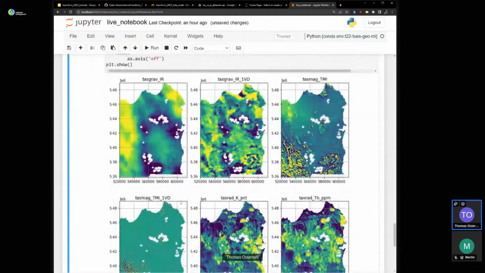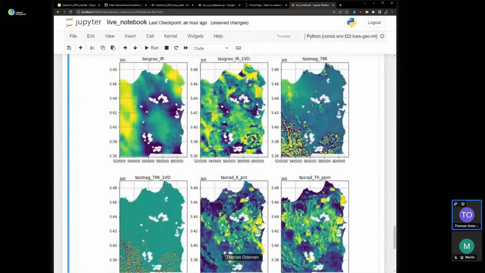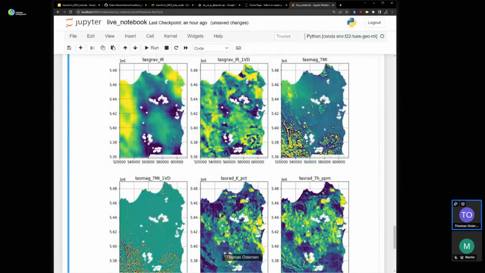Okay, so that's where our occurrences are on this raster data. You'll note that they seem to occur in the low density regions of the map, based on this static residual. So that's basically where the granites are. You'll also see that they occur in these quiet parts of the total magnetic intensity image.